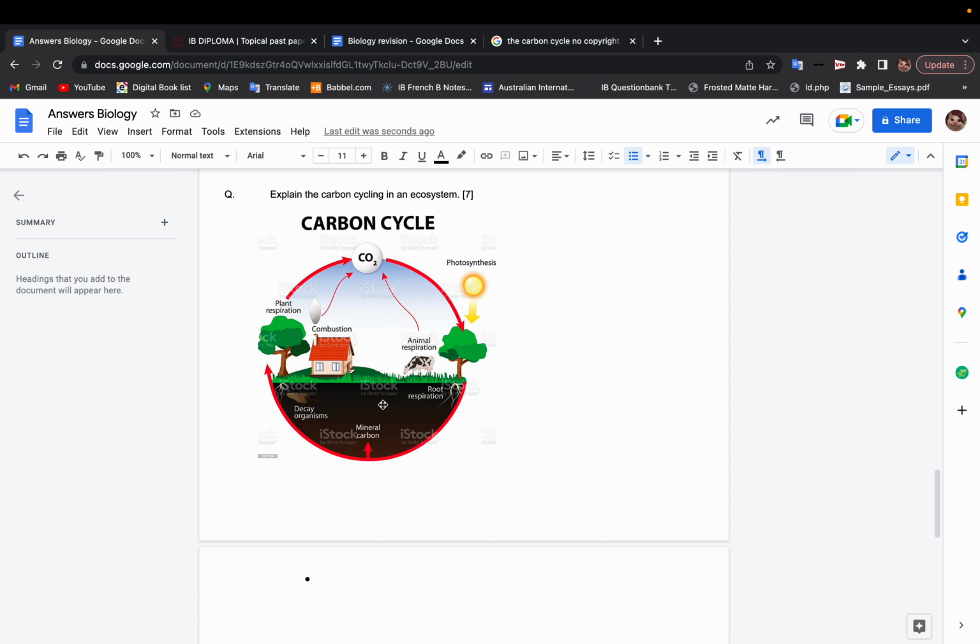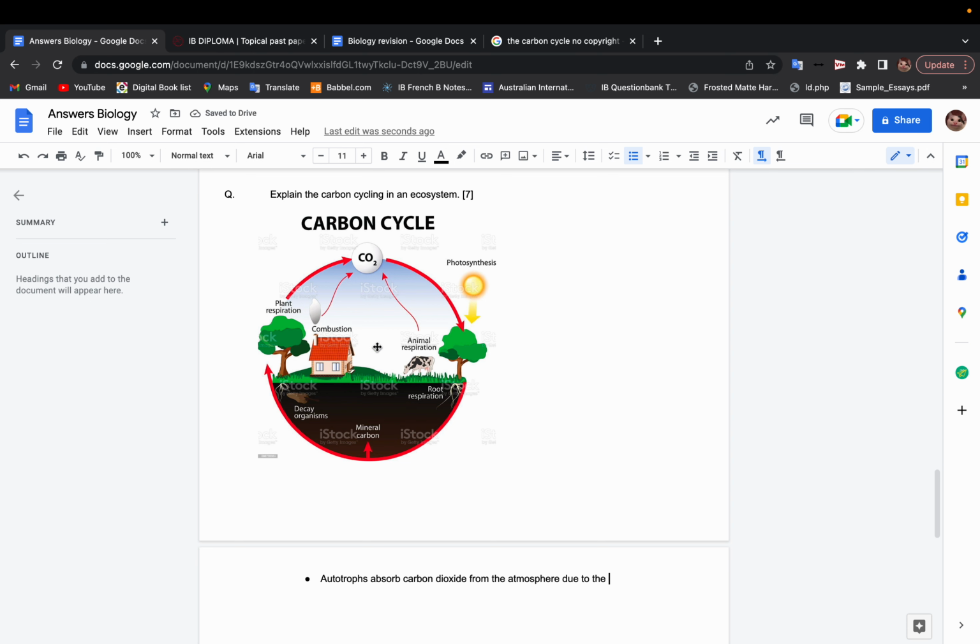So now you can also see that animals also respire and they release carbon dioxide into the atmosphere. So let's just start with writing that when it asks explain the carbon cycle. Let's start with the autotrophs. Autotrophs absorb carbon dioxide from the atmosphere due to the